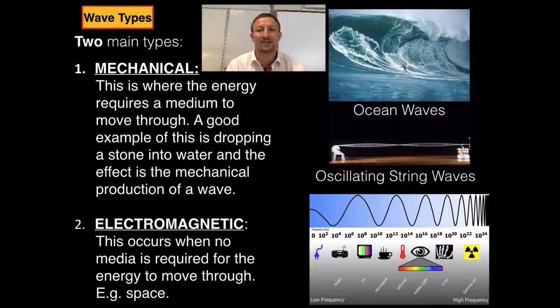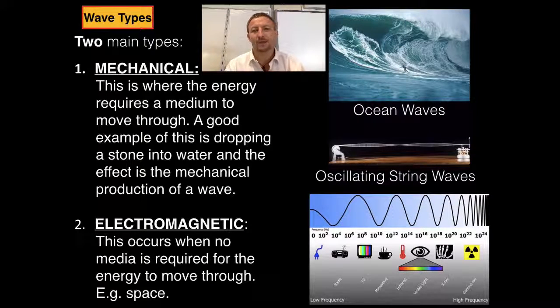Now on the right hand side there you can see a little diagram of the various types of electromagnetic waves, going right from radio waves all the way through to gamma rays. Notice that at 10 to the 16 we've got the visible white light spectrum. Now we've already explored light, but light is an electromagnetic wave because it doesn't have to pass through any specific